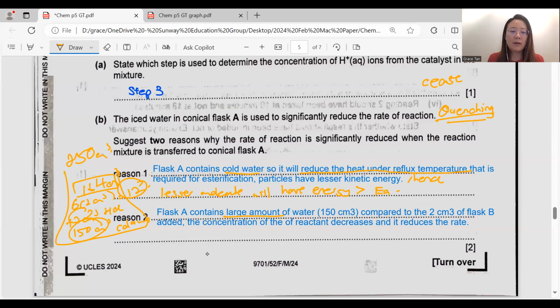All right. The reason why we use large amount of water is because 150 compared to the 2, whatever I just explained just now is the reason why we use 2. We need to use very little. It's because we need to give some space for the solution from the burette to come down. All right, you cannot be using 10 because if you use 10, which is 5 times more than 2, then the ratio of 150 to 10 is lesser. But now we are comparing 150 cold water, or let's delete the word cold, 150 water to 2 centimeter cube. So it will greatly dilute the concentration of your reactant as compared to 150 to 10 or 150 to 25,